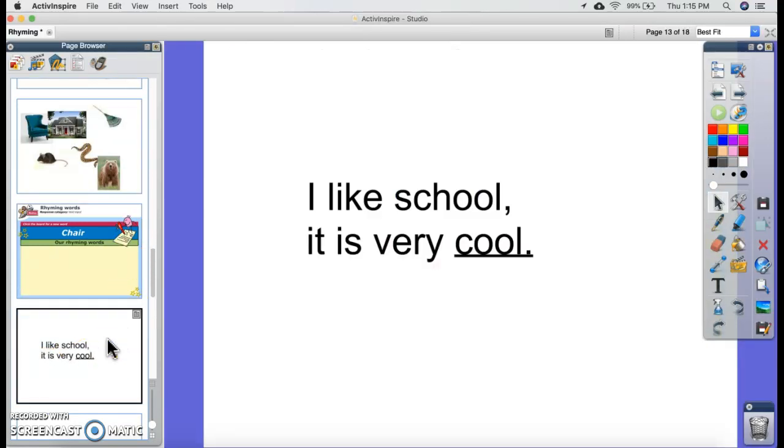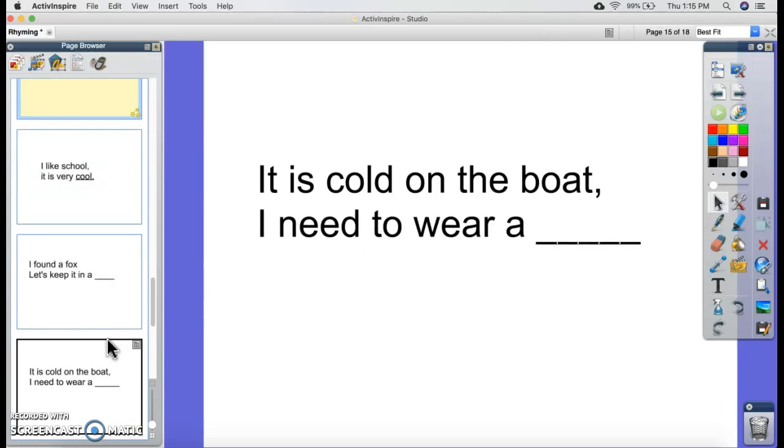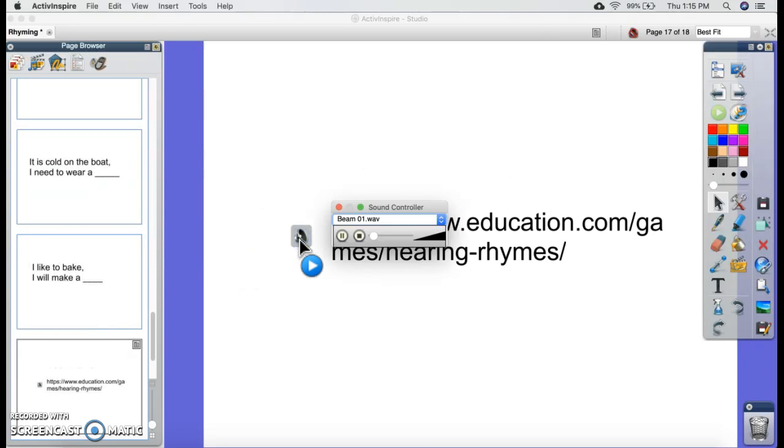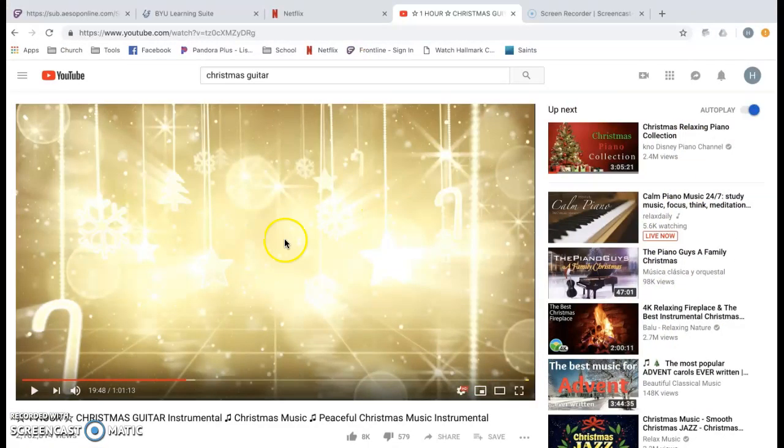And then the next few are just kind of a game to review with text, and the kids would fill in the blank. Then this has a sound effect, which is to go to this website,